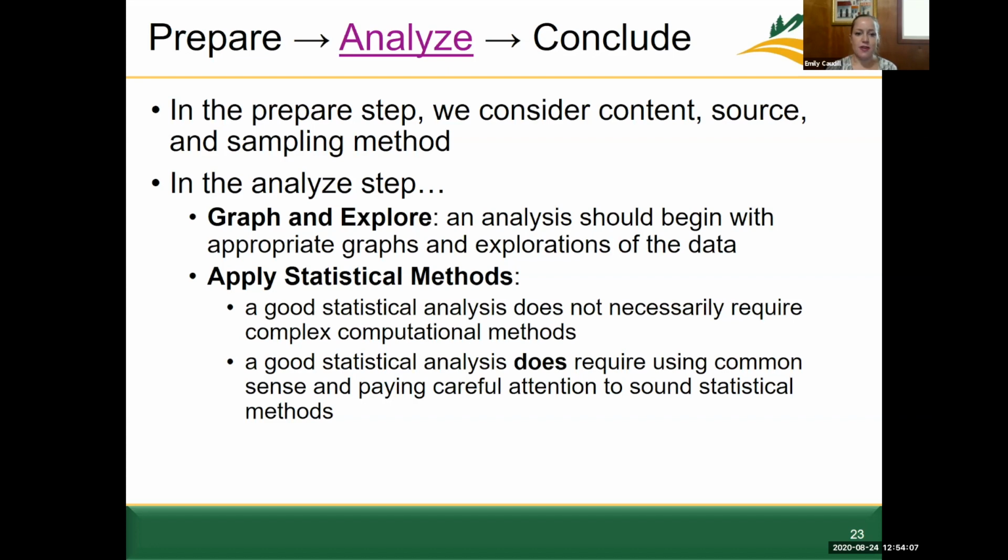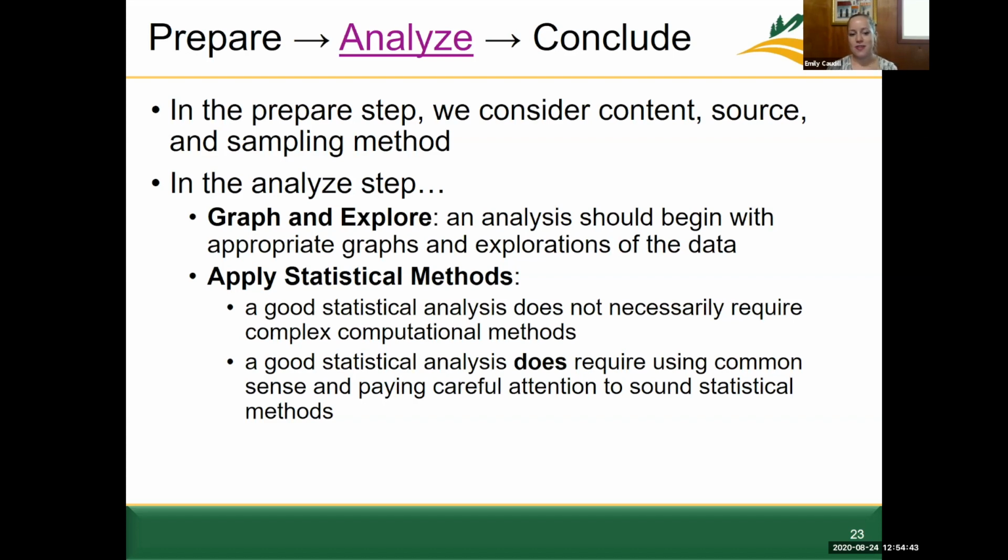So an analysis should begin with appropriate graphs and explorations of the data. We'll talk more about graphs, but they can be extremely misleading depending on how you set up the X and Y axes, for example, and depending on the type of graph that you're choosing to represent your data. Applying statistical methods. So a good statistical analysis does not necessarily require complex computational methods. Sometimes it can,